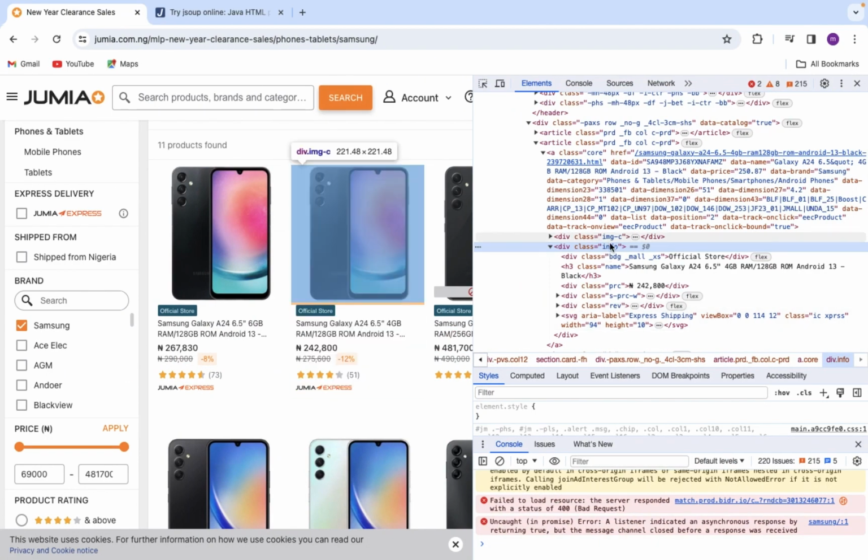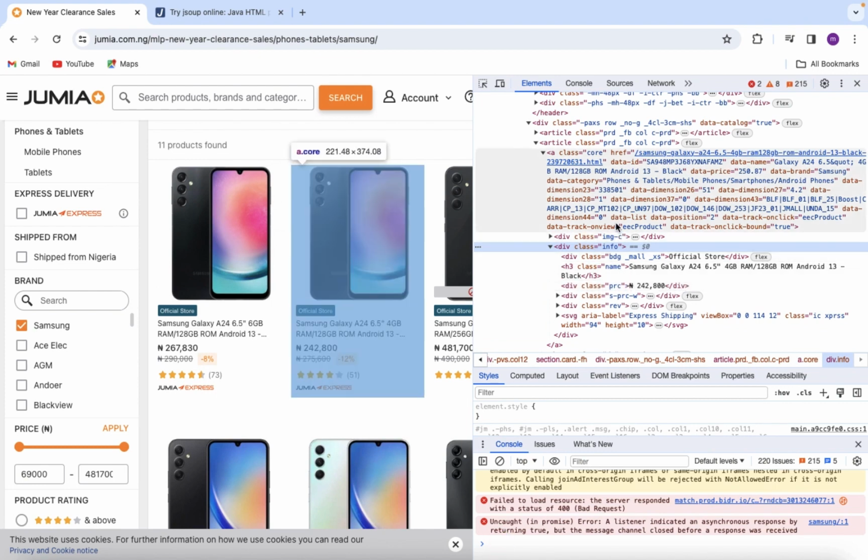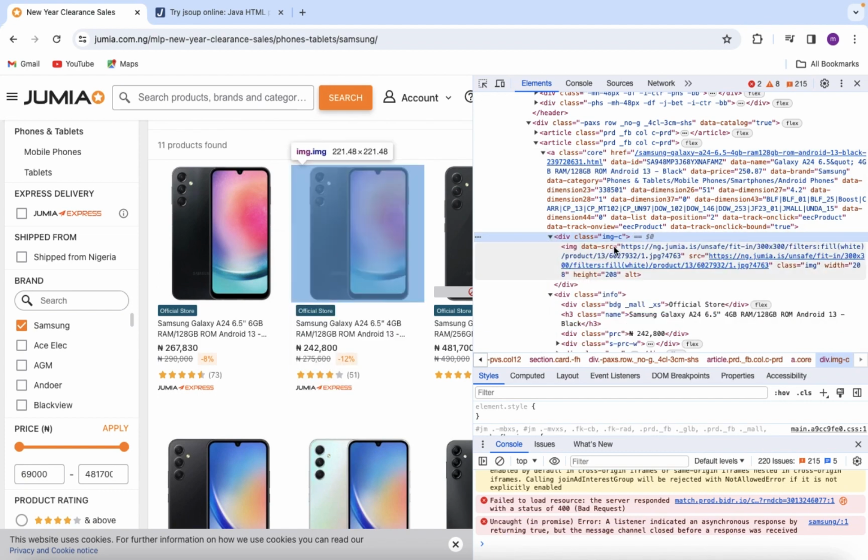now there's something for you to get here. If you want to get the name of this product, you have to notice two things. You have to notice that what you want to get, in this case the name, is in between the opening tag and the closing tag. If you look at the price, it's in between the opening div tag and the closing div tag. But in scenarios like this, you want this image. Now to get this image, you actually can't get it